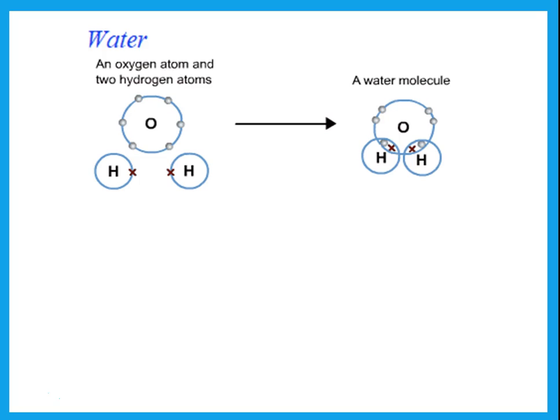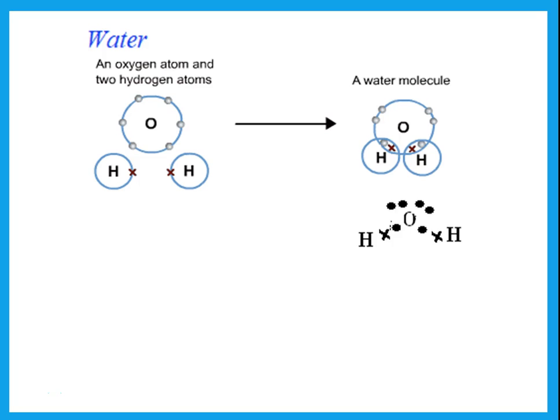Water is something that's made up of oxygen and hydrogen. Now, oxygen is an atom that has 6 electrons in its outermost shell. Each hydrogen can contribute only 1. The oxygen needs 2 electrons, so it needs 2 hydrogens to give it 2 electrons. So that is how you draw the dot and cross with circles for the water molecule, or you could just